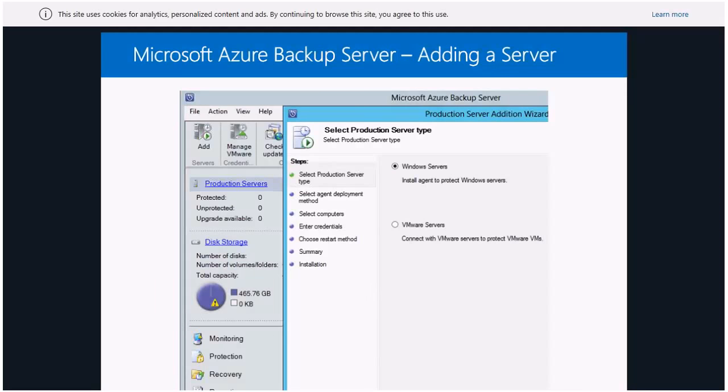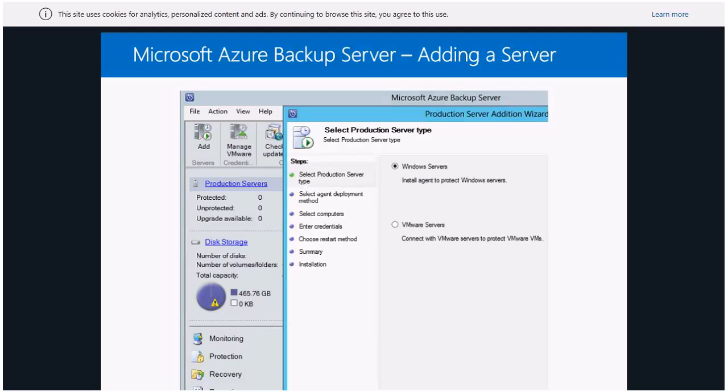When you have the free space locally installed, or from the storage, or you could be using iSCSI or whatever the solution. But when you have that space ready to receive data from the Azure Backup Server, the next step is, of course, to add the servers from where you want to get data.